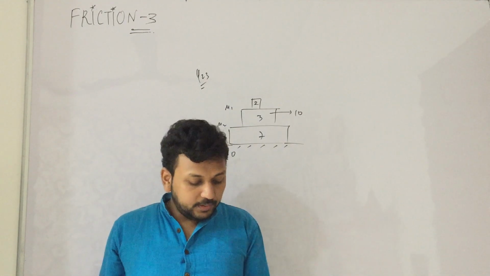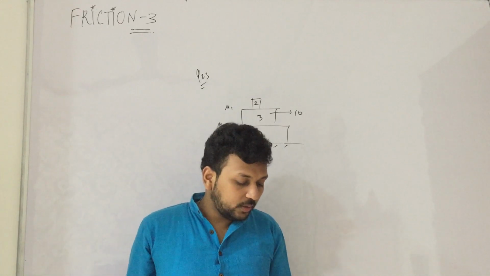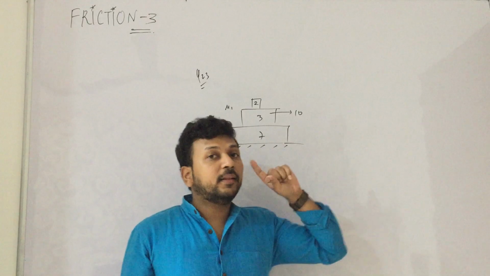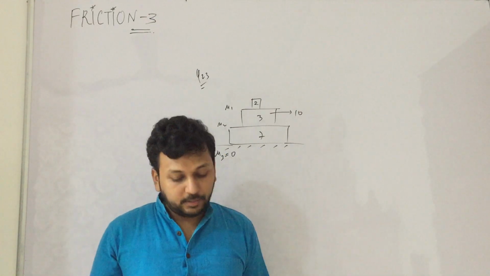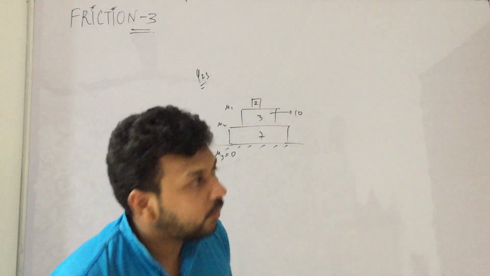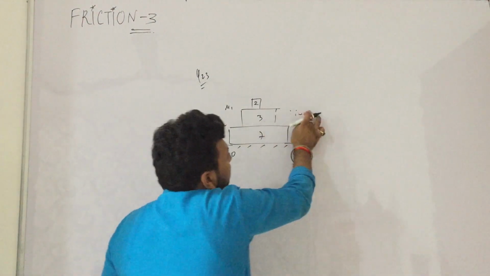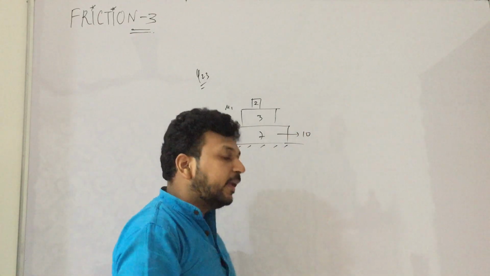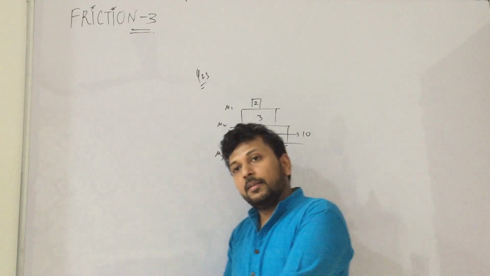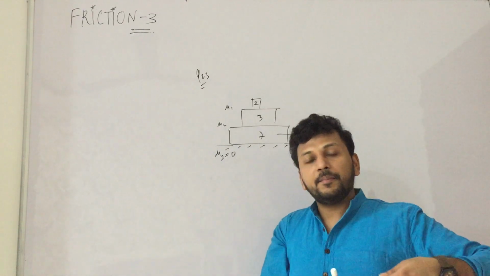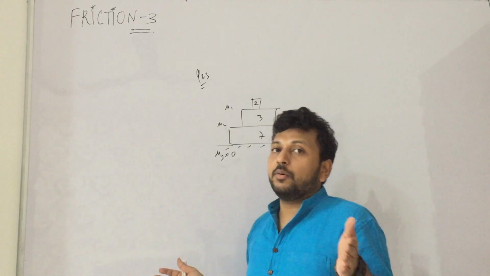Okay. See, in such a question you have to form cases. How to draw the FBD we have already studied in the first class of friction. You can see them. Now it can happen, if the force is applied here, that all the 3 books will come together. See, 3 books are there, you are pulling the bottom one, and the 3 books can come together.